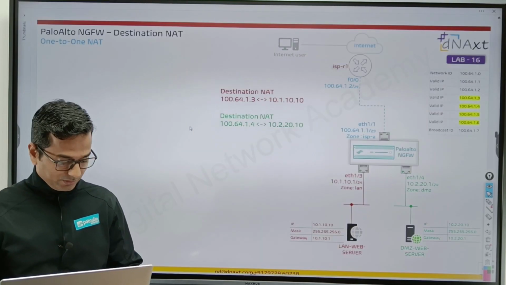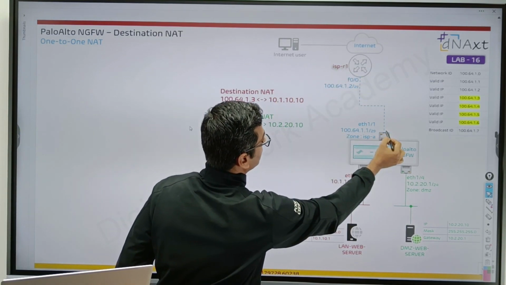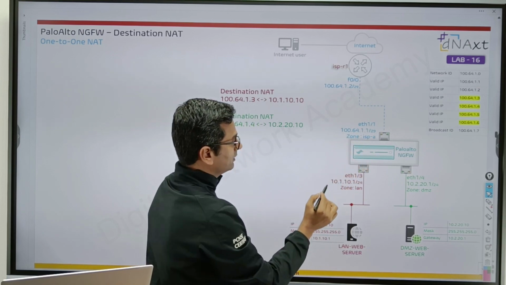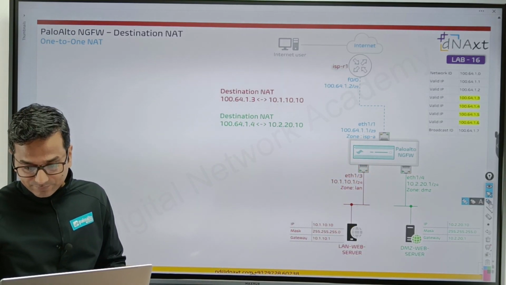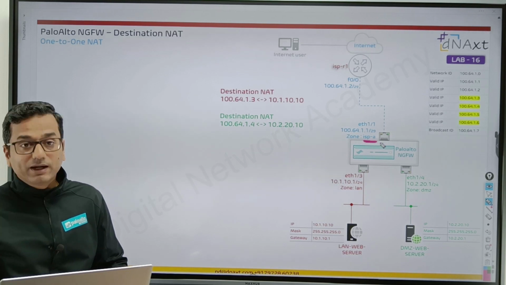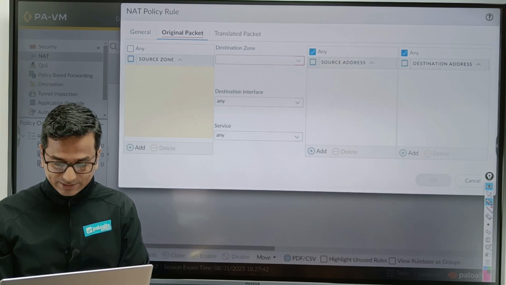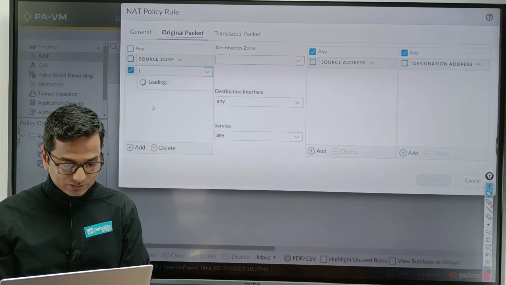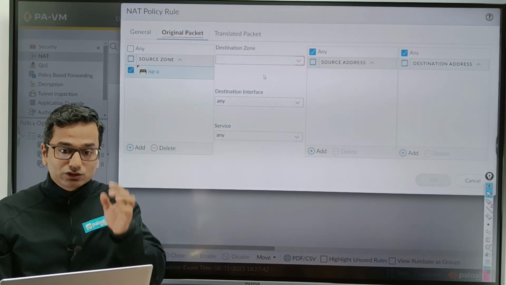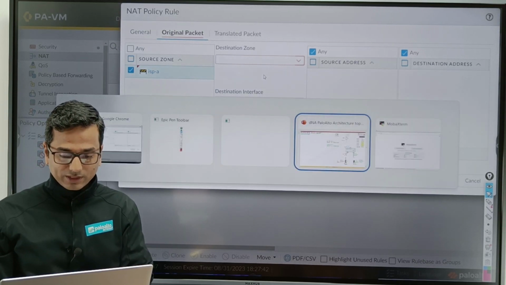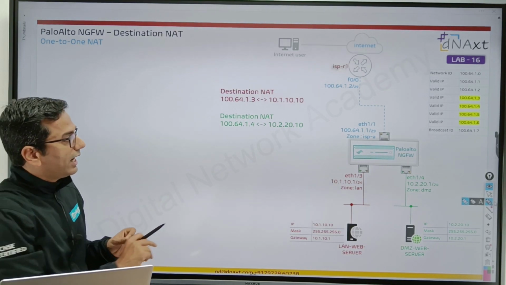Now the packet is received on interface Ethernet 1/1, so my source zone will be ISP-A. Go to the firewall and select ISP-A as the zone. What will be the destination zone? Here you go, guys. Destination zone is also ISP-A.